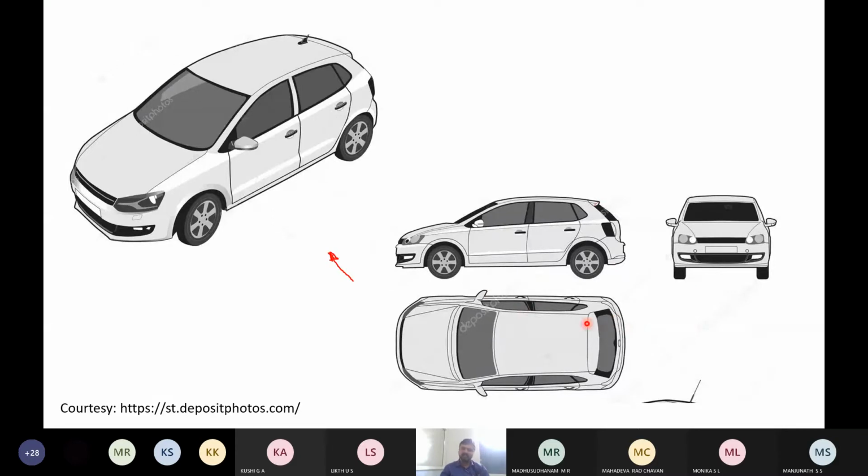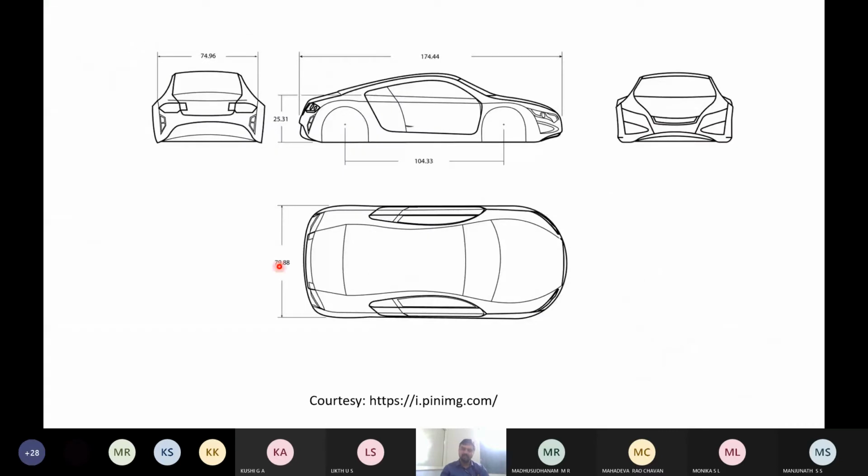This is the drawing, and again there is another problem with this representation. Here there are no dimensions. If there are no dimensions specified in the drawing, then it is not possible to fabricate it, or to convert it into its physical form. You need to know the size of the object or product. In this you are able to see this dimension: what should be its breadth, what should be its width, and what is the height. All these dimensions are available.